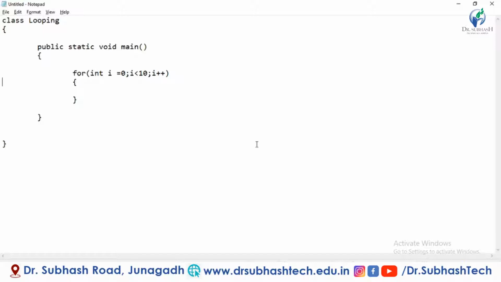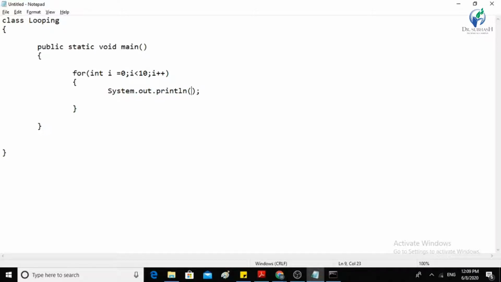Just for the print you have to write System.out.println, let's say print the value of i is plus i.